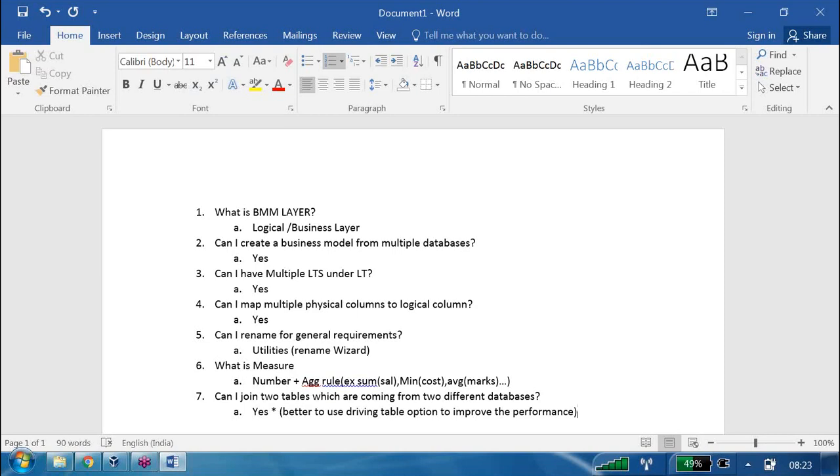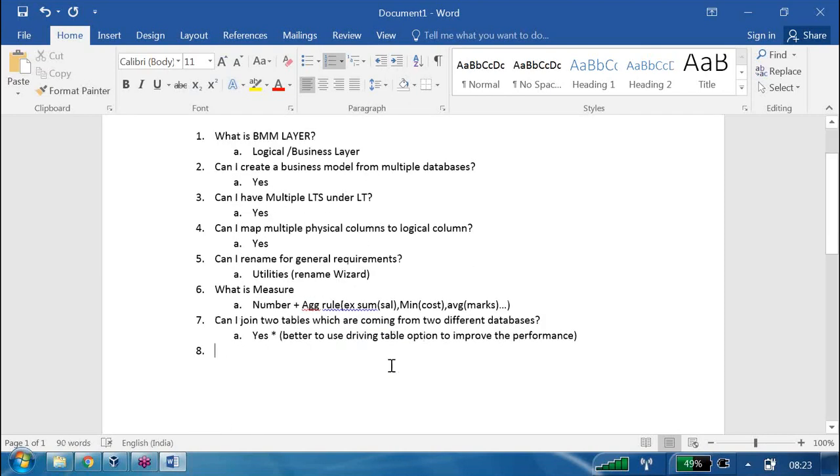Right now, anything else we learned? Okay, more work percentage-wise, we will do in which layer? BMM layer only we are going to do it.